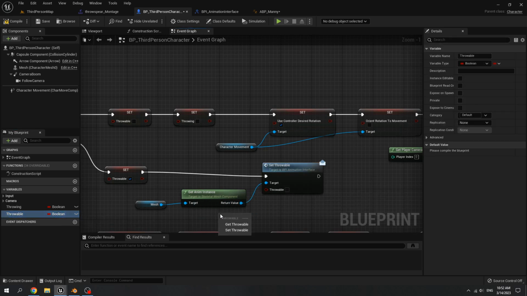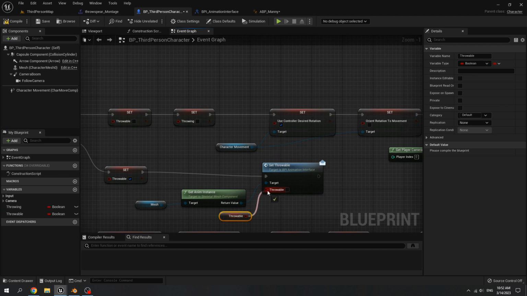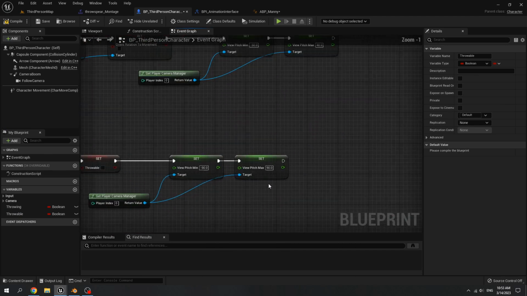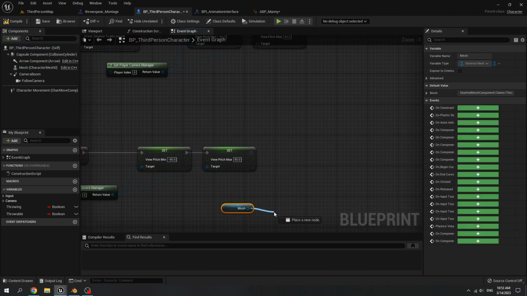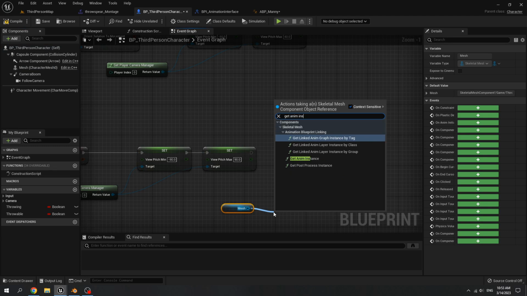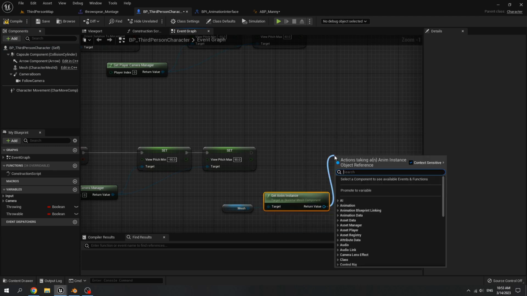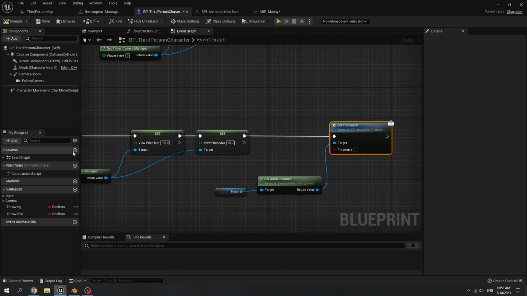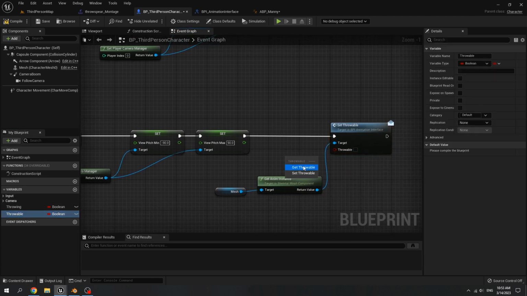Get throwable, connect to throwable input. And when we release the right mouse, get mesh, get anim instance, call set throwable, and use the throwable variable.